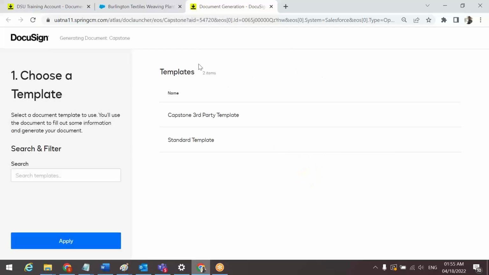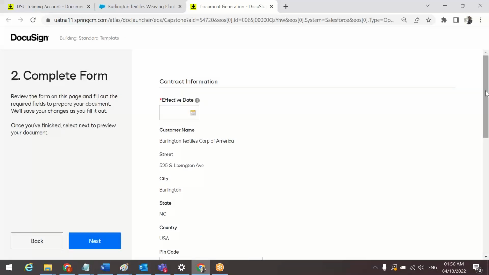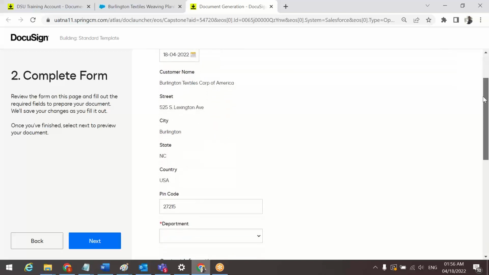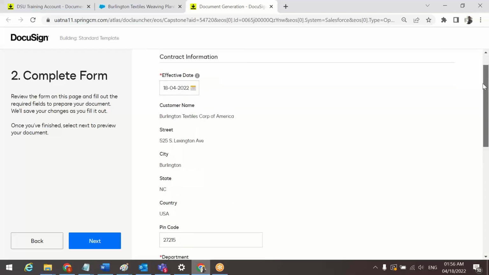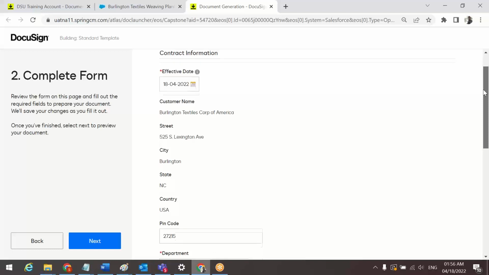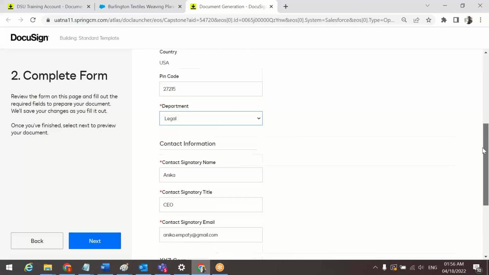If I see here, I have two templates. One is the standard template and the other is the third-party template. I'm going to use the standard template. Yes, I have selected the standard template here. I'm going to select the effective date as today's date. And we have customer name, street, city, state, and country. These details are all coming from Salesforce, so we are not going to edit them. I'm going to select the legal department here,